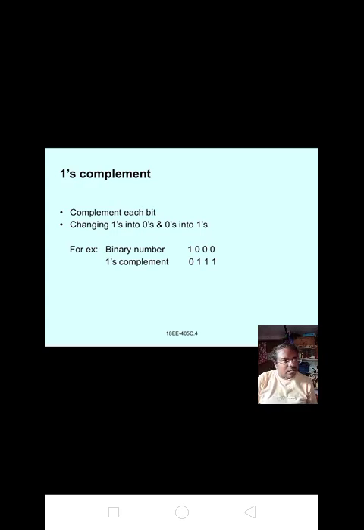Five marks. Simple one. It is the easiest thing in digital electronics, 1's complement. Addition is also easy, multiplication also easy. But division and subtraction are somewhat tricky concepts. Okay. You can do the division now.